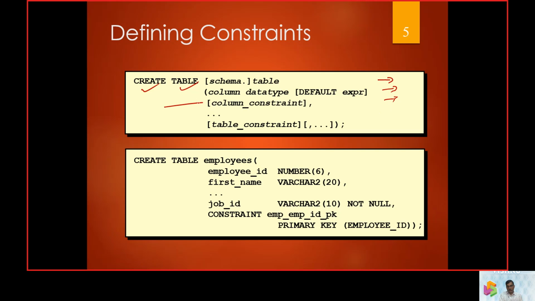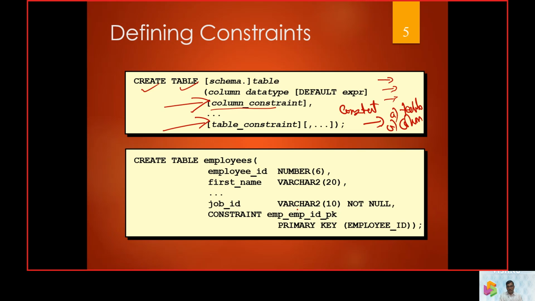Then we can apply a constraint at the column level. Similarly, a constraint can be applied at the table level. It can be applied to a table, or it can be applied to a column. So both of them, a key constraint is going to happen.